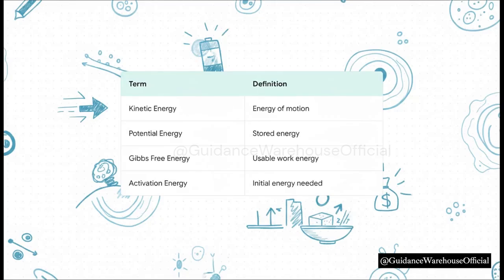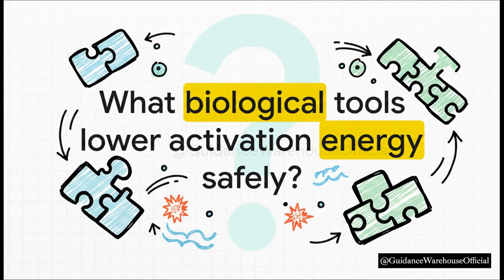Let's wrap up these big concepts we've unpacked today. And by the way, this is a perfect moment to pause and screenshot these definitions for your notes. We've gone from kinetic and potential energy to understanding Gibbs free energy as our usable biological budget. And finally, we learned that activation energy is the crucial hidden barrier that prevents our bowl of sugar from spontaneously breaking down on the counter. But wait, that leaves us with one final massive question. If our delicate cells absolutely cannot use extreme heat to drive these life-sustaining reactions, what exactly are the special biological tools they use to perform this magic trick of catalysis? How do they actually lower that barrier? Well, we are going to explore